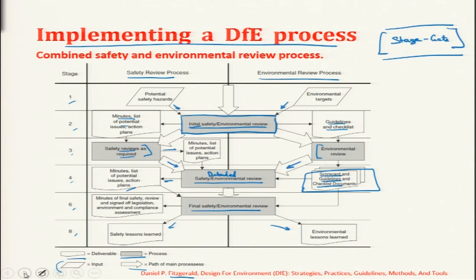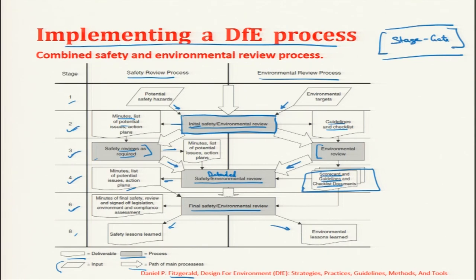Just to discuss this in short, this was allegedly produced by the author Fitzgerald, and they claim that this is going to be implemented by Black and Decker. Now, Black and Decker has safety reviews during stage 2, stage 3, stage 4 and stage 6. These safety reviews are meetings intended for reviewers to evaluate the assessment, action and process of the design team in addressing product safety.